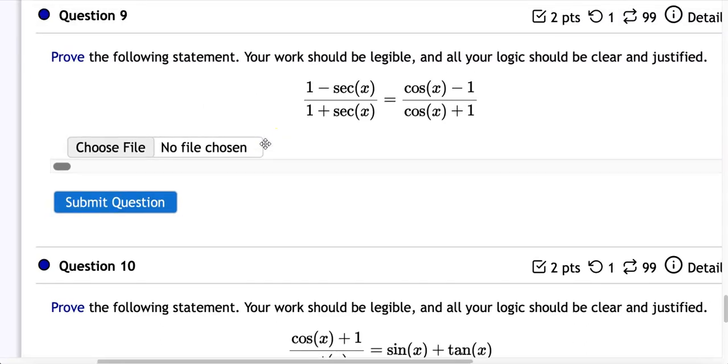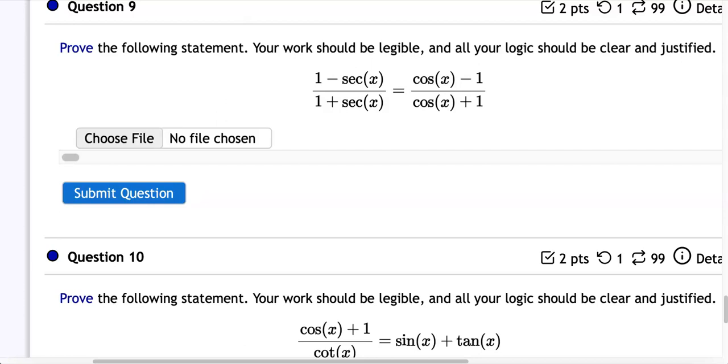Alright, so for number 9, for starters, we want to go ahead and draw a line underneath. And then we're going to rewrite 1 minus secant x and 1 plus secant x as 1 minus 1 over cosine and 1 plus 1 over cosine. And so then our next line of work is going to look like 1 minus